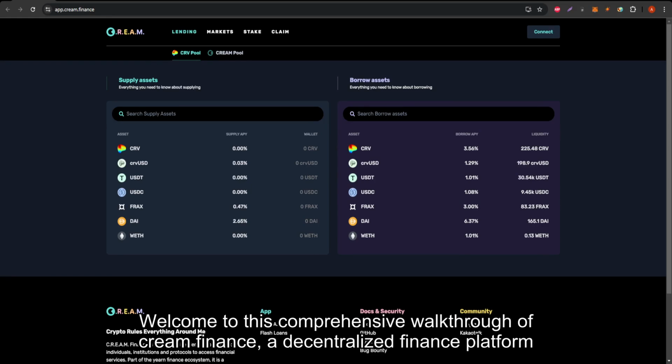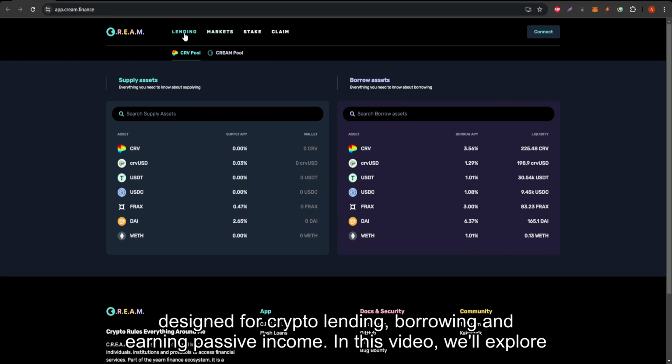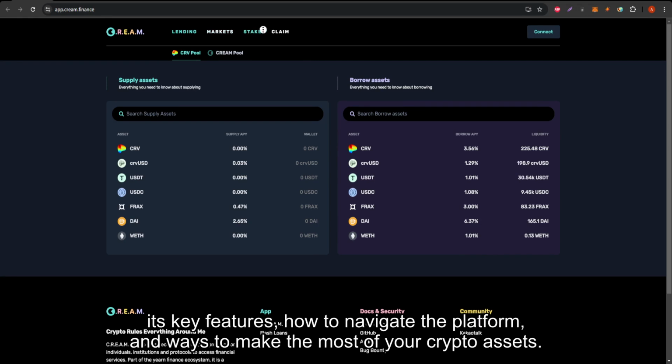Welcome to this comprehensive walkthrough of Cream Finance, a decentralized finance platform designed for crypto lending, borrowing, and earning passive income. In this video, we'll explore its key features, how to navigate the platform, and ways to make the most